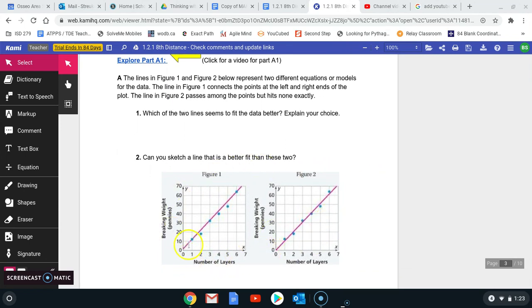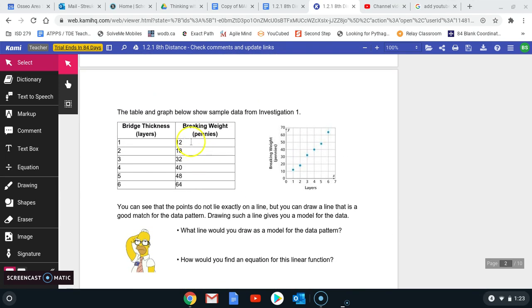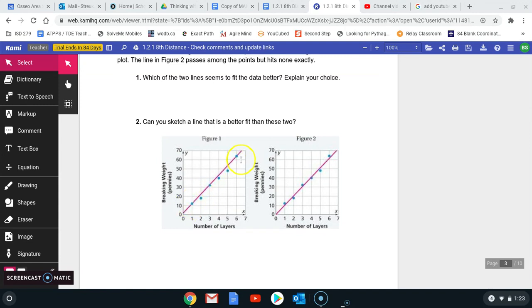Figure 1 goes through the point that starts at 1 and it goes through the point that ends at 6. So according to our table up here, 1 was at 12 and 6 was at 64. So 1 is going through 12, 6 is going through 64. Figure 2, the line goes through none of the points exactly, but it looks like it goes through the middle